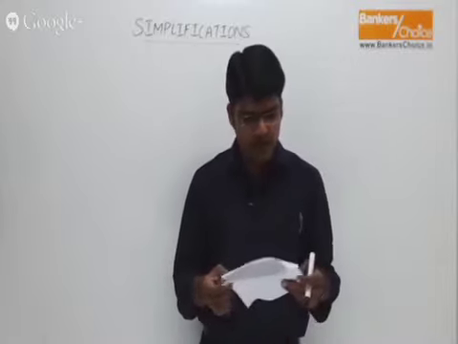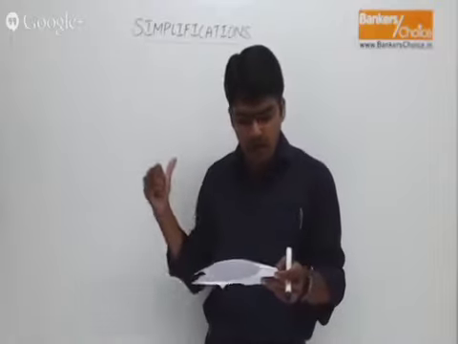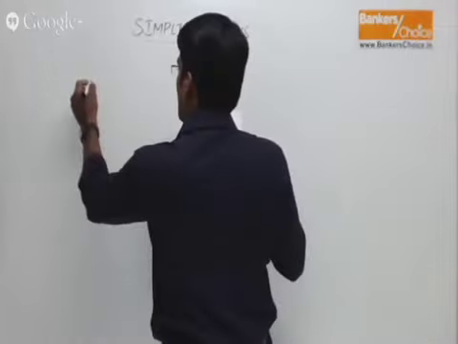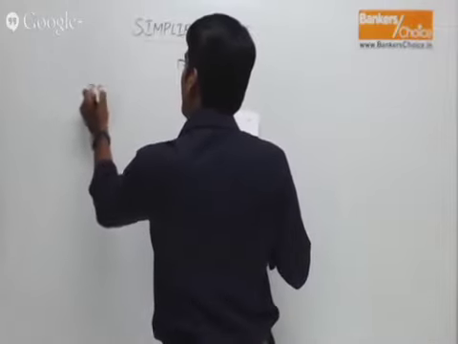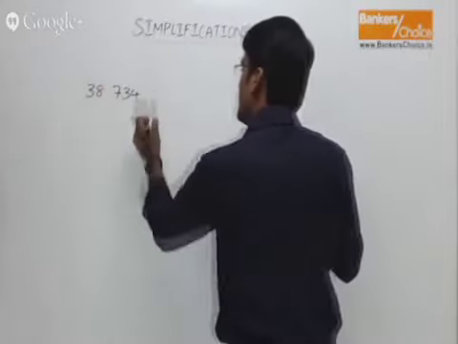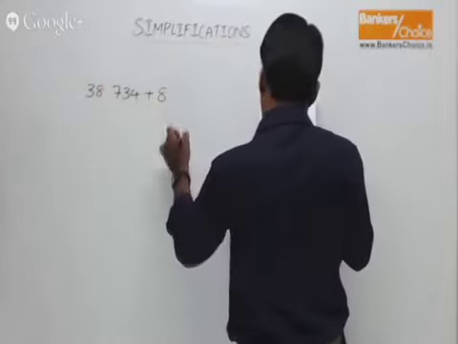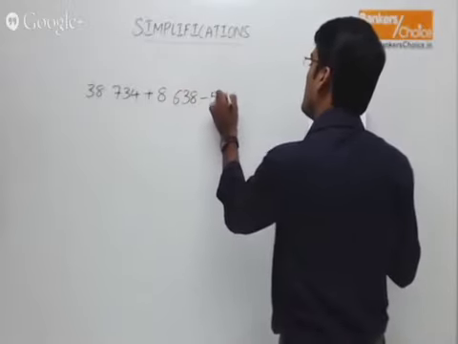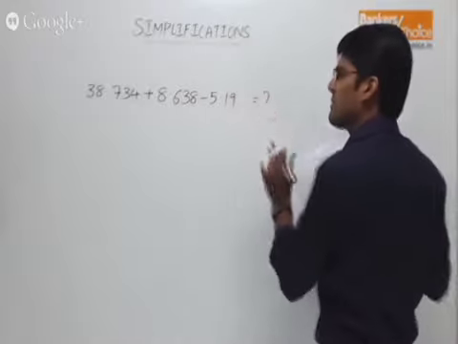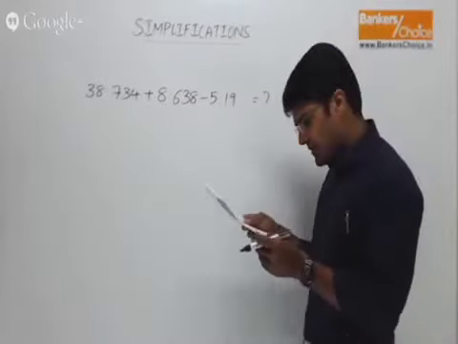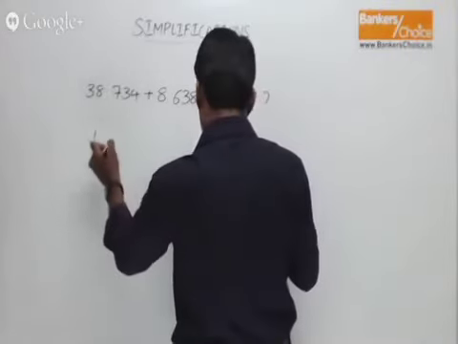I'll anyway put the question on the board here so that you don't find it difficult, right? The question here says: 38.734 plus 8.638 minus 5.19 is equal to what? So a very basic question which involves addition and subtraction. These are the two operations, right? And the given options here are